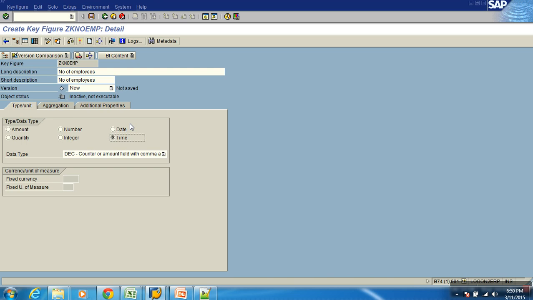Now let's say in the source, in ECC or some source system, you have identified a column to be extracted to BW, and that column is of type date. Now how do I decide whether that date should be a characteristic or a key figure? There is confusion because both are possible. So simple. If I am going to use this date in calculating the number of days, then that will be a key figure.